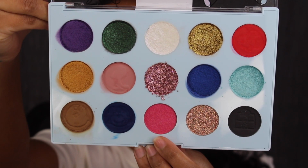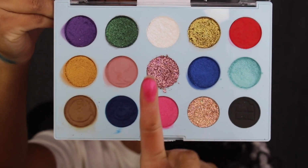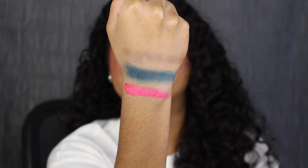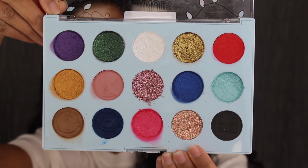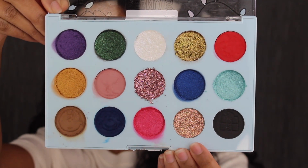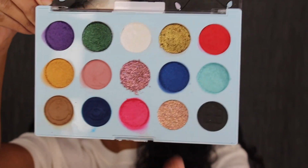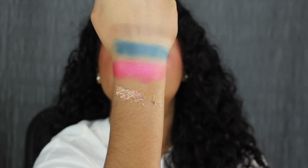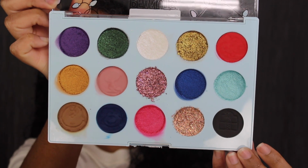The next shade is called Paint It Pink. I like how vibrant that shadow is. That shade is gorgeous. The second to last shade in the palette is called Twinkling Lights. Again, I don't like formulas like this. Here's what that shade looks like. The last shade in the palette is called